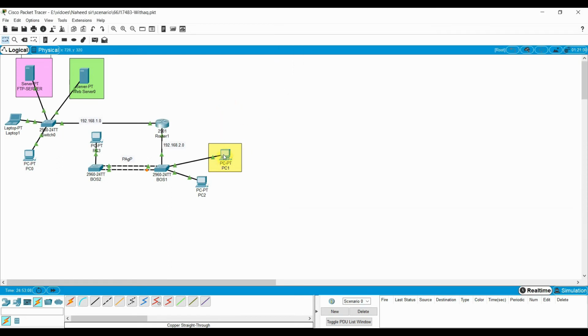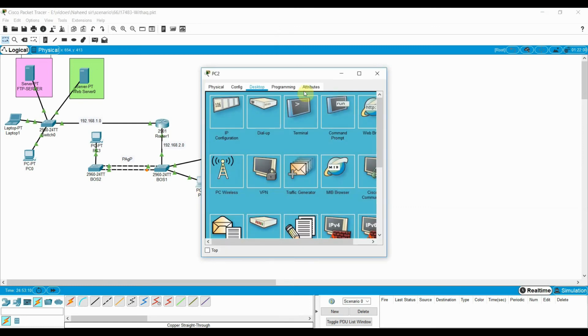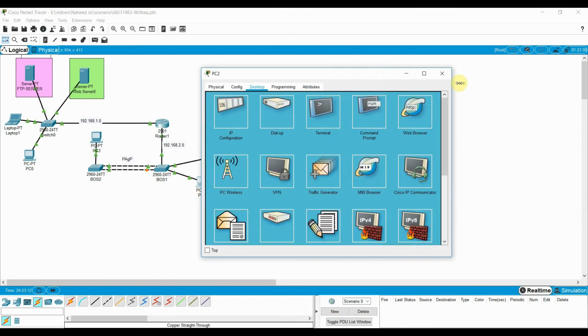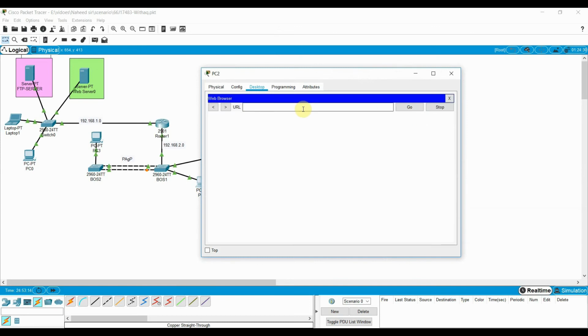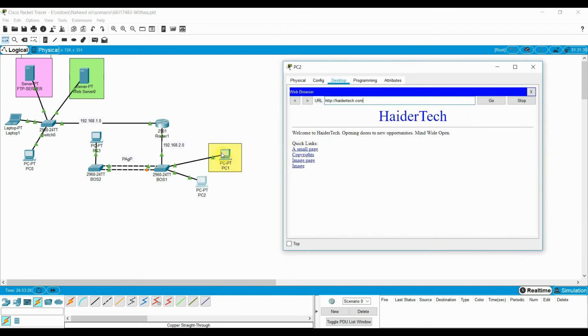Now we have applied this. First we can test from PC2. Can we access the web server? Yes, we can access haidertech.com from PC2 because we block only from PC1.